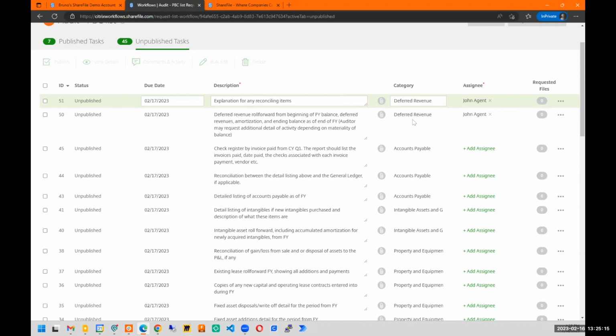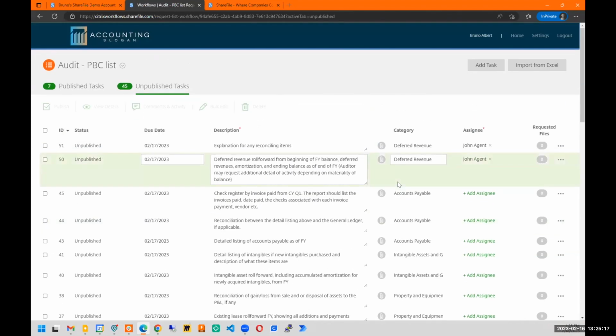date, of course. So what I'm able to do with this tool is actually import my existing spreadsheet templates, and even if I need to put them in a spreadsheet to adapt to current workflow, this is an easy way to get started with ShareFile's request lists. I simply grab a spreadsheet, import it, and I tell the tool which columns to map for due date, description, category, and assignee. Once I've got those items loaded into this interface, they sit here in what's called an unpublished